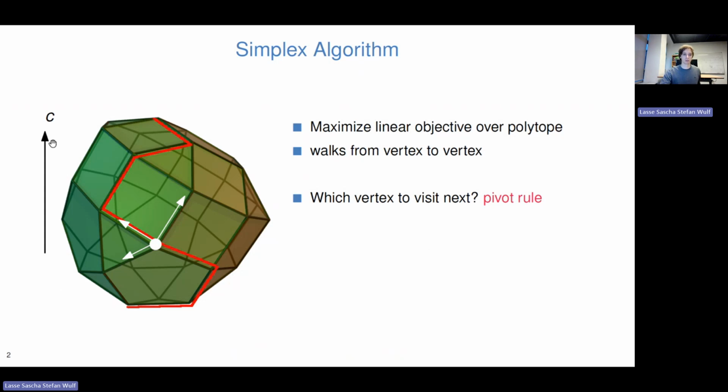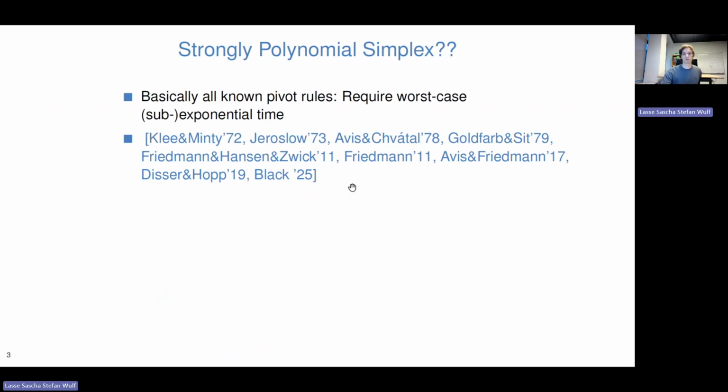One obvious choice is to visit the vertex which increases the objective function by the most, but maybe this choice is not the best choice. Maybe it's too greedy, right? A lot of different pivot rules have been proposed for the simplex algorithm, and even though so many of them have been proposed, for every single one we know a worst-case example that needs an exponential number of steps, or at least a super-polynomial number of steps, right? A lot of research has been done on different pivot rules, and for all of them we know a bad